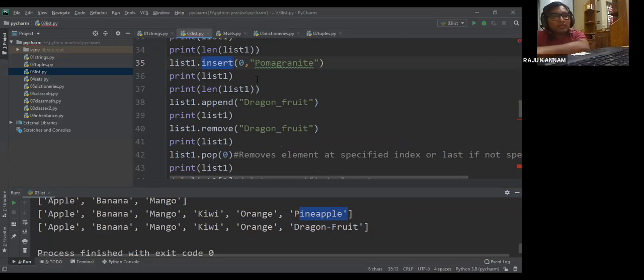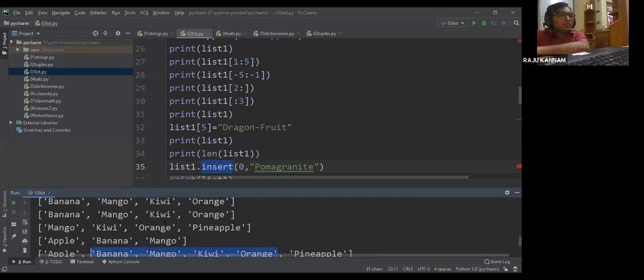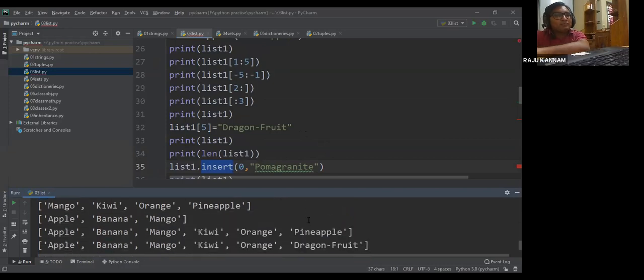So, negative numbers, explain again. Of course, it is the same as with strings. Here I'm printing list 1 from -1 to -5. This is -1, -2, -3, -4, -5. Starting is -5, which means it will start from banana, mango. -5 is this one, -1 is this one. Always remember in Python the -1 last value won't be included. So it will print from banana to orange. That's the reason it is printing from banana to orange. Okay, that is negative indexing.